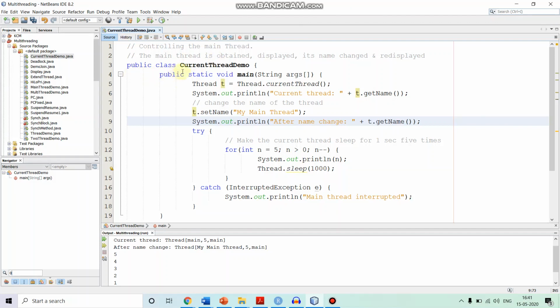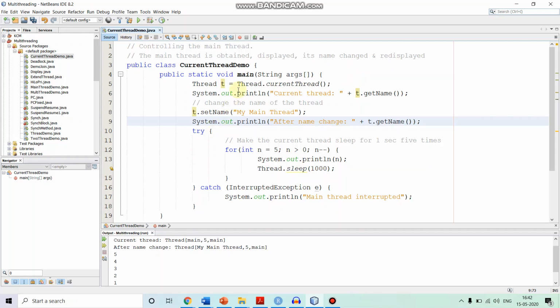So we have created a class CurrentThreadDemo. In this class we have a main method, and as we know, in Java the execution starts from the main method. So as soon as the main method is being executed, the main thread starts.